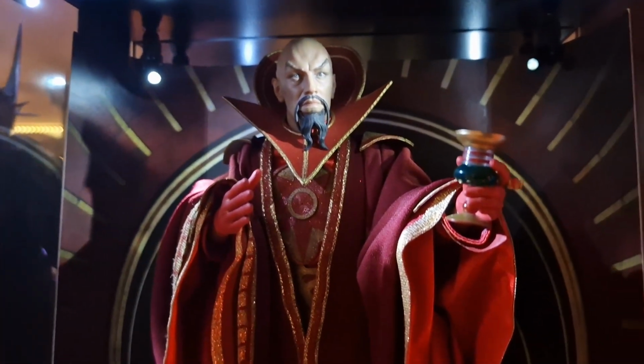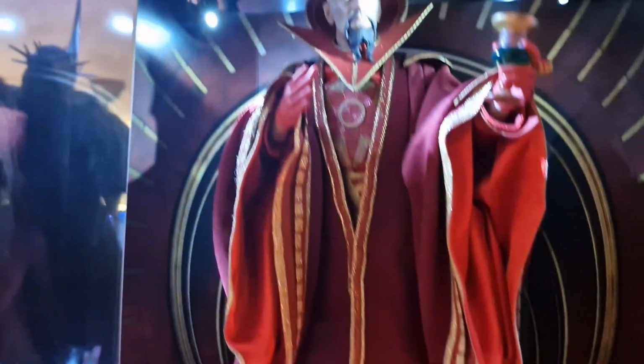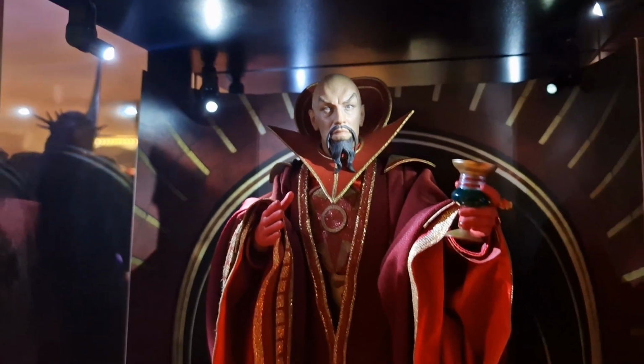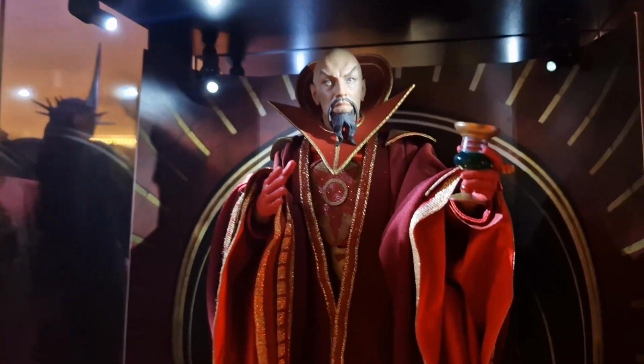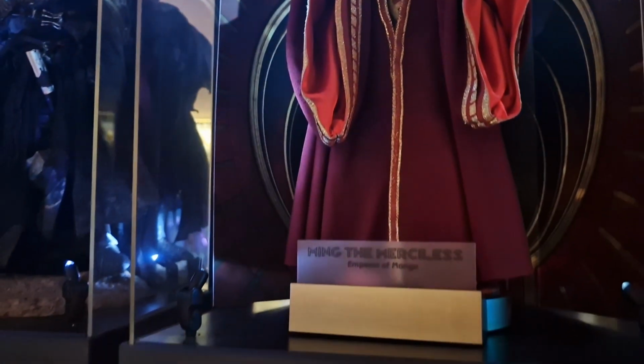And then we got Ming the Merciless. Absolutely stunning, lovely costume, but yeah, just not a great body underneath. Okay, let's work our way down,